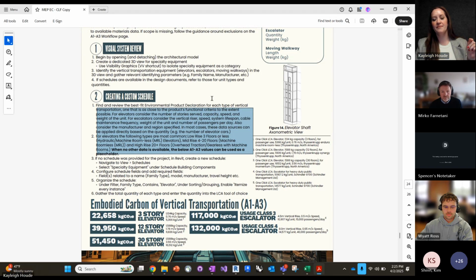Kim? You're muted if you are asking a question. I don't want to derail you too much, but knowing that we have 3 airport projects in the pilot group, are we counting all kinds of people movers? Moving walkways count too. Yeah. Yep.